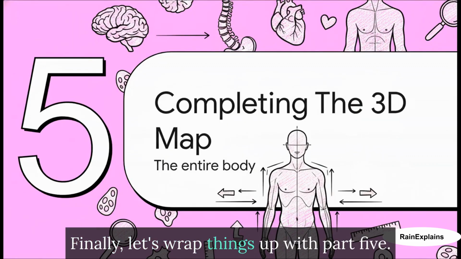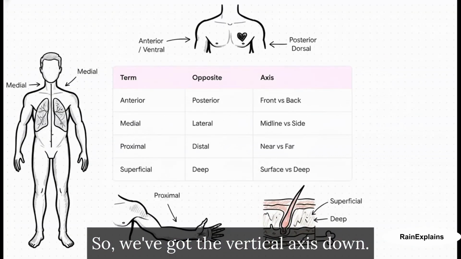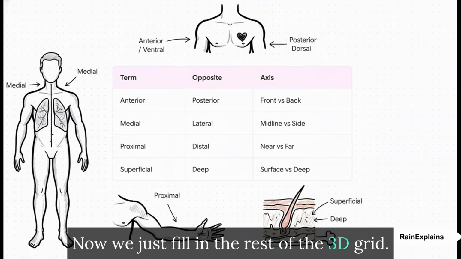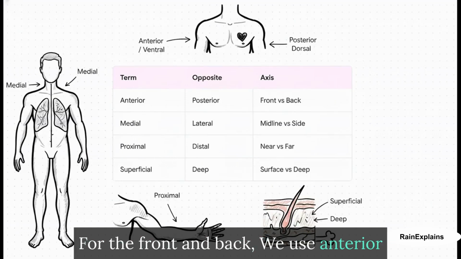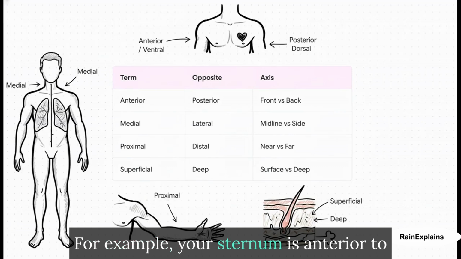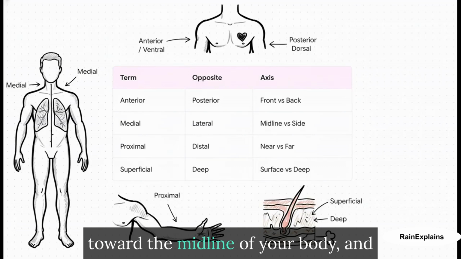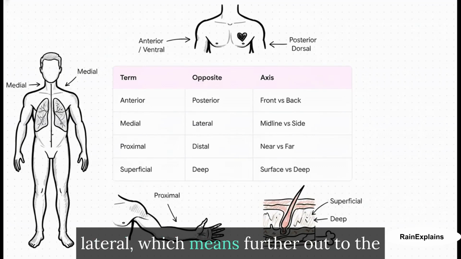Finally, let's wrap things up with part 5, completing the 3D map. So we've got the vertical axis down, now we just fill in the rest of the 3D grid. For the front and back, we use anterior for the front and posterior for the back. For example, your sternum is anterior to your heart. Then we have medial, which means toward the midline of your body, and lateral, which means further out to the